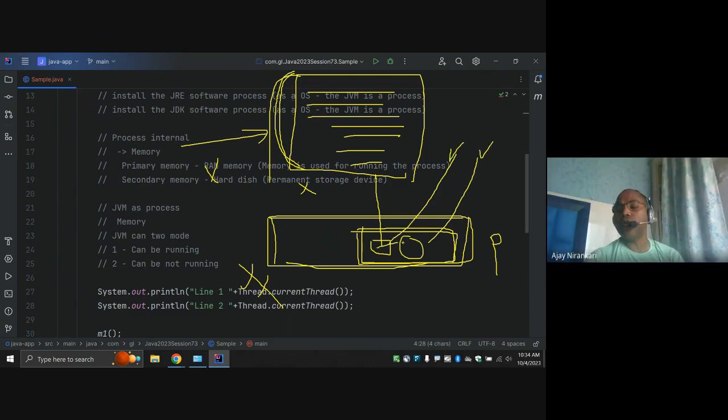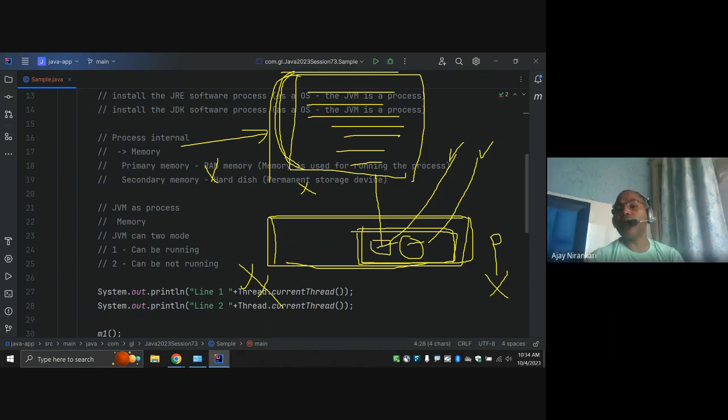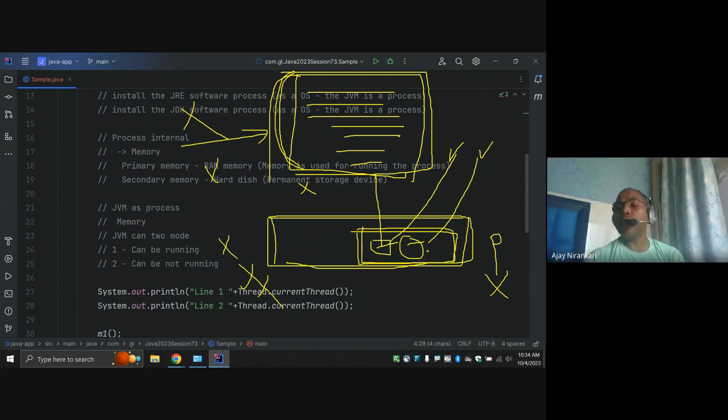When these two threads are done, your JVM process is also killed. Till now you have only written all the code in the main thread, so once the main thread is done, the JVM as a process also closes. Whatever memory was occupied by this thread or this JVM is automatically released by the JVM process.